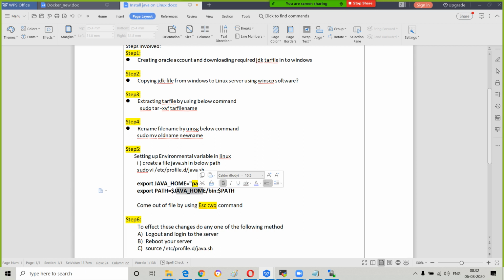Meaning in Windows we set one option with the Java environment variable, and the second one is after entering that bin option, we enter the data. Similarly, the same path, same path. So I am copying this enter command. You also copy the enter command. You have to change your file only, where it is extracted.